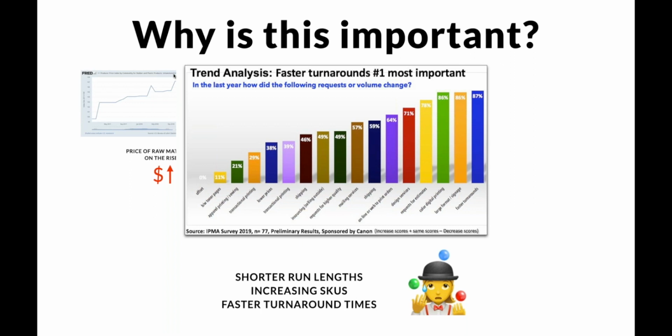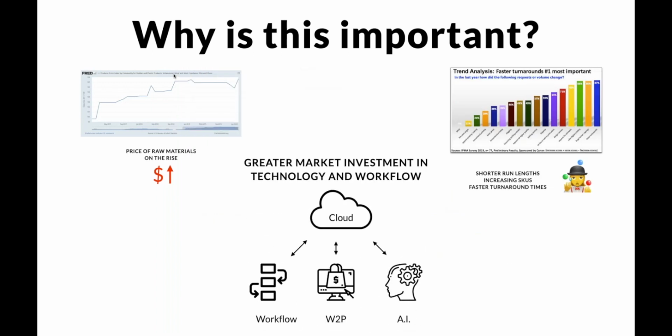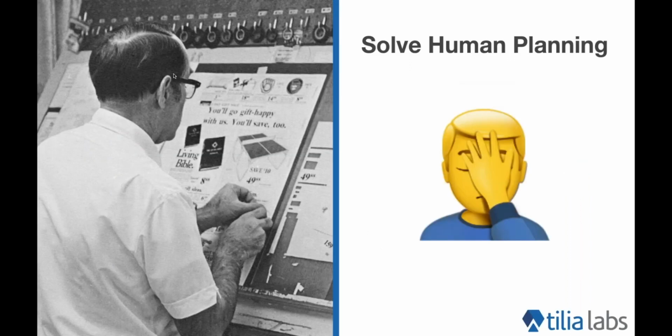So, we're now being challenged with these short run lengths, fast turnaround times, and the only way we can really start solving this problem is to introduce technology into our workflow. So this is the problem that we're trying to solve. We're trying to take this process of human planning and human impositioning, simplify